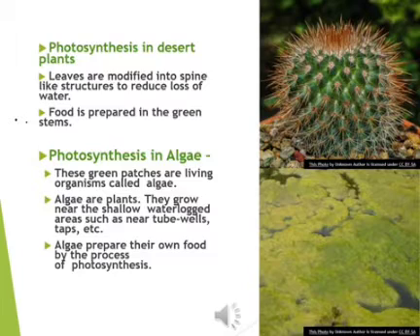Now look at the second picture on your slide. You can see green patches there. Now you would have also seen green patches in moist places where it is very wet. As soon as you look at it, it looks like velvet, and those places are also very slippery. Now actually these green patches are nothing but algae, which are simple non-flowering aquatic plants. And these plants are green in color since they have chlorophyll, which helps them to make food.